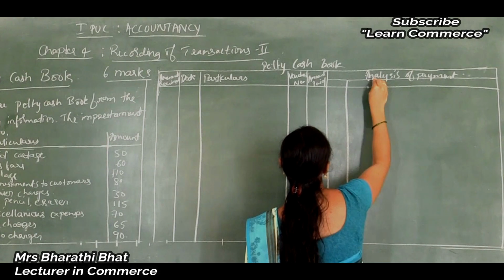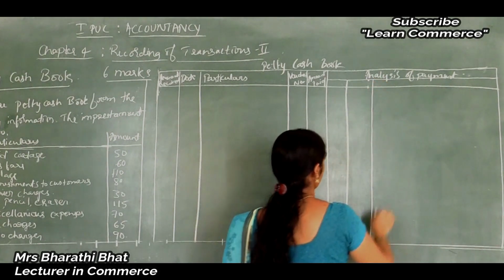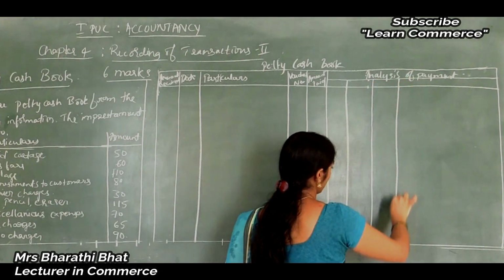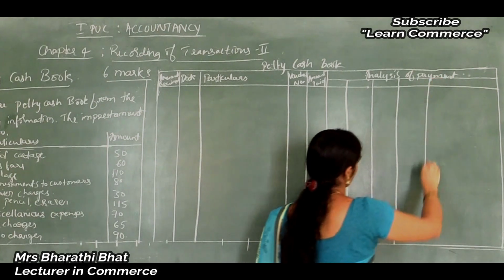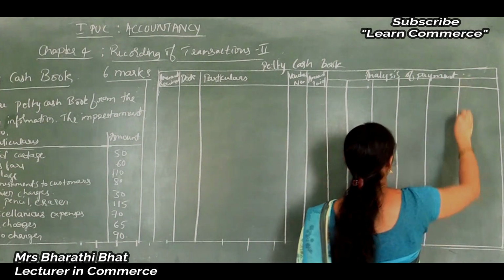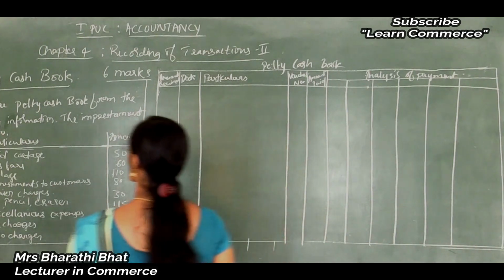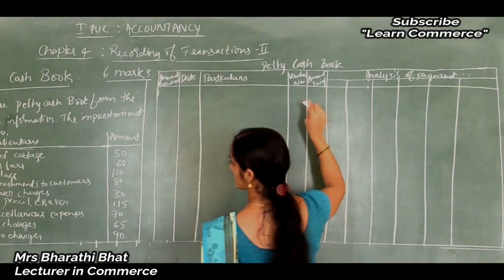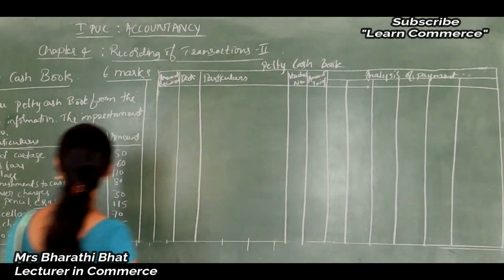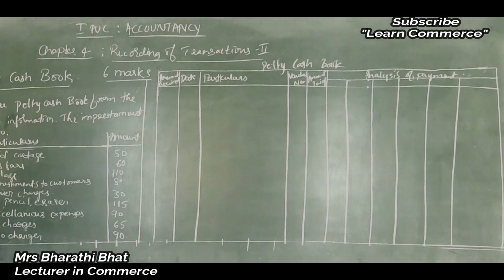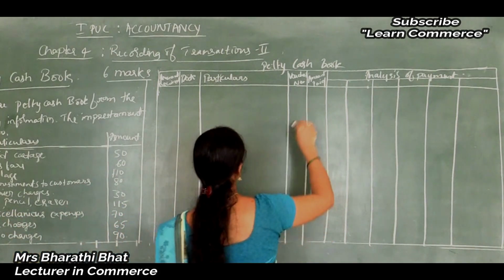First column always postage, next one telephone and telegram, and next one printing and stationery, and next one cartage and coolie, and next one conveyance, and after that miscellaneous, okay. So here the printing and stationery column is not required. Postage is there, refreshment, courier charges, postage, pen, pencil, stationery, yeah, printing and stationery is required, pen, pencil is given, so write down